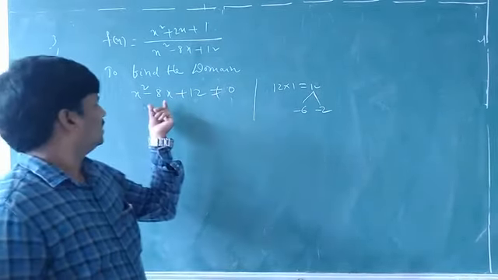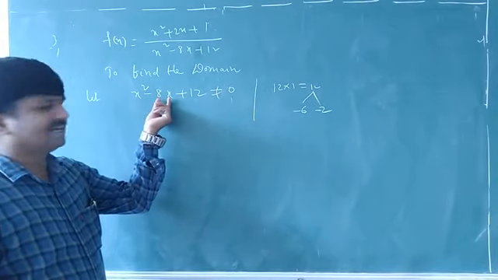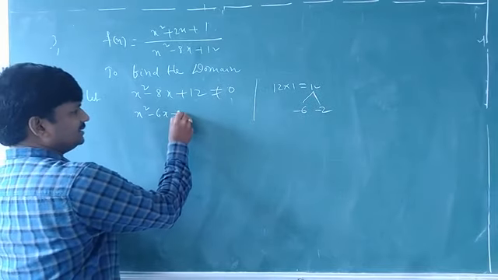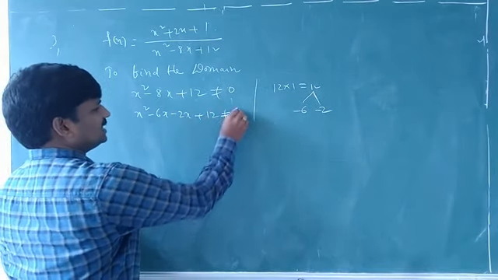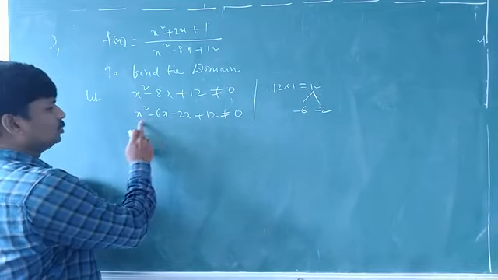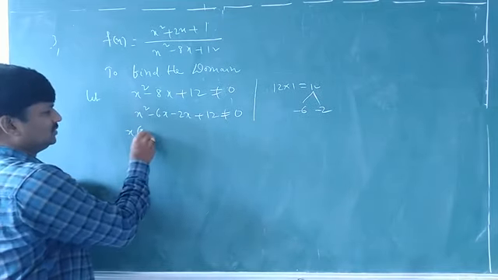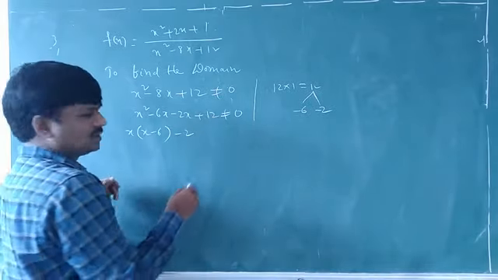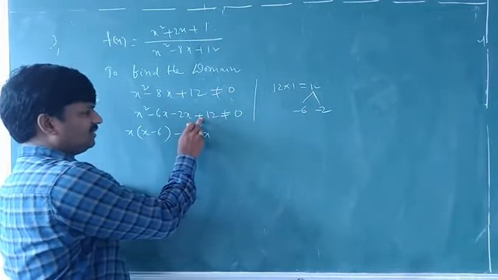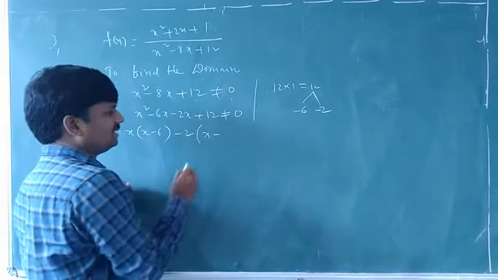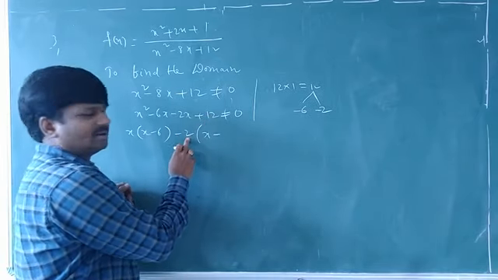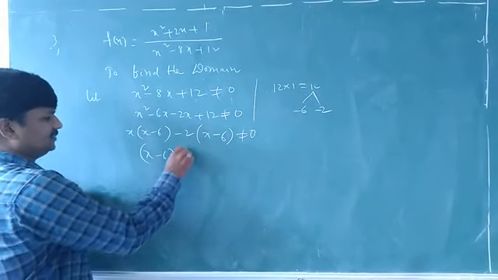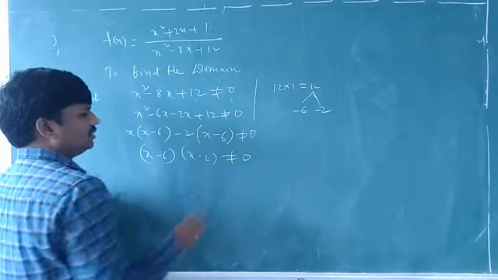Yes. So now this minus 8x. How can you write now here? x square minus 6x minus 2x plus 12 is not equal to 0. Right? From these two terms, what will we take common? x. So x minus 6. From these two terms, what will we take common? Minus 2. So x plus, from plus I am taking minus common, so here minus will be there. From 12, 2 I am taking common, 6 will be there. Is not equal to 0.